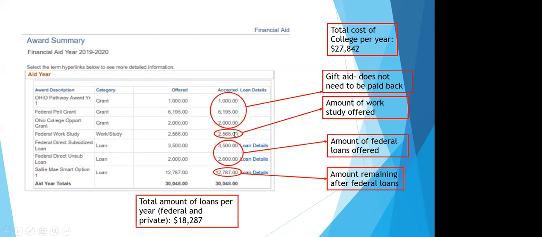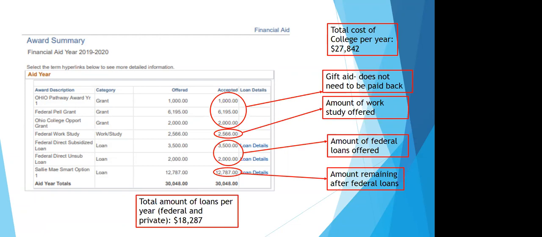You can also see here that the student was offered work study, but since they don't actually break down your out-of-pocket costs, they didn't put that in, any totals for you or anything like that. They were offered $5,500 in federal loans, like everyone was. And you can see that between the $5,500 in loans, the gift money, and then the $12,787 in Sallie Mae loans, that student would be taking out